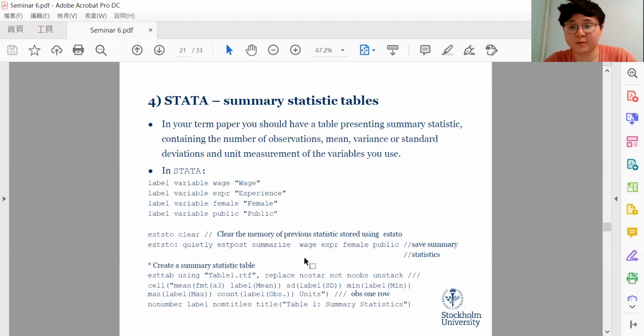So the previous one is the regression, and now the first one is about the summary statistics. For example, if you want to create a table to record what's the minimum, the maximum, the average value, and the standard deviation for those variables, you can use this one. You use asstore, and then you put the summarize command here, and then put these 4 variables that you would like to summarize, and then just